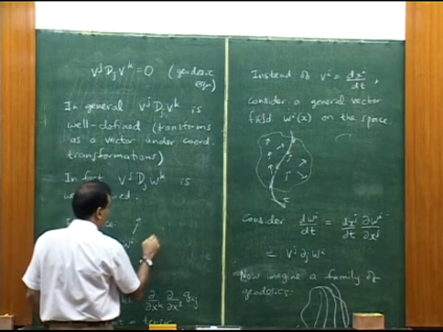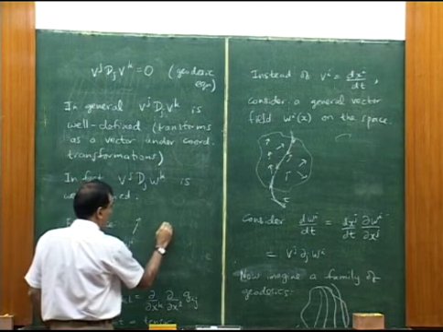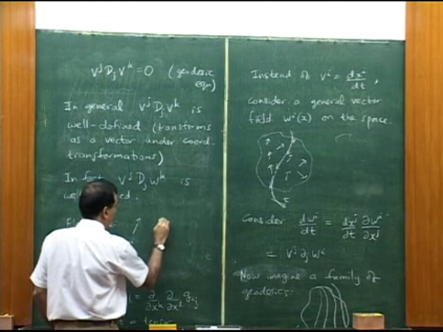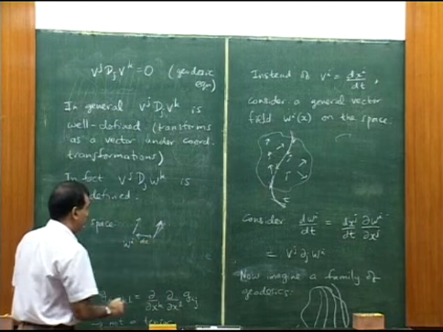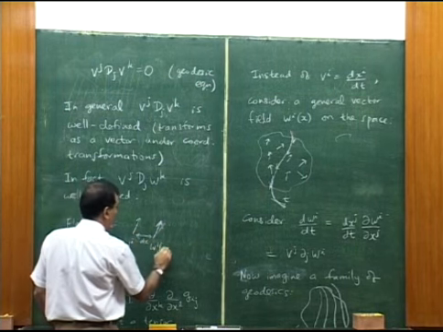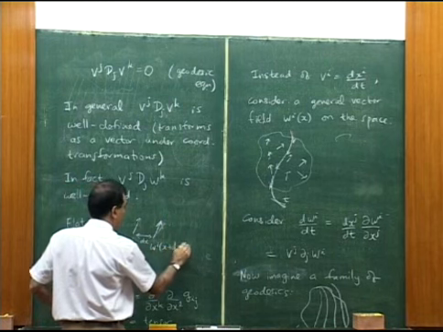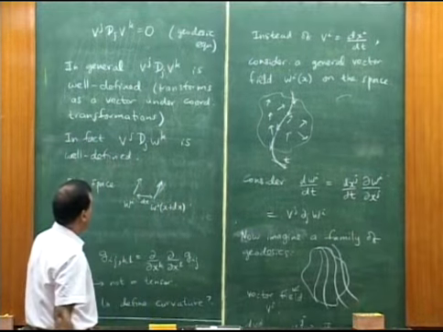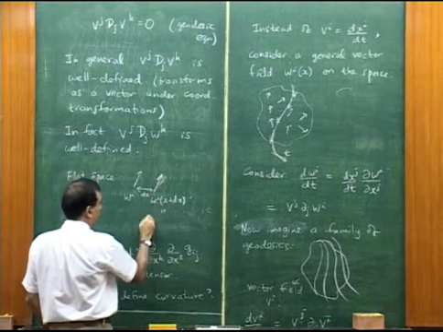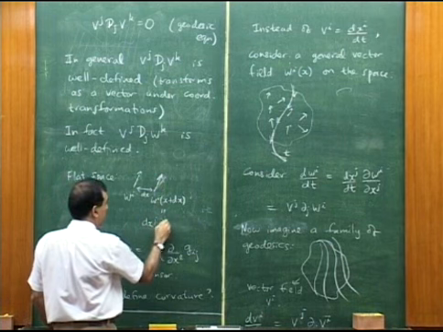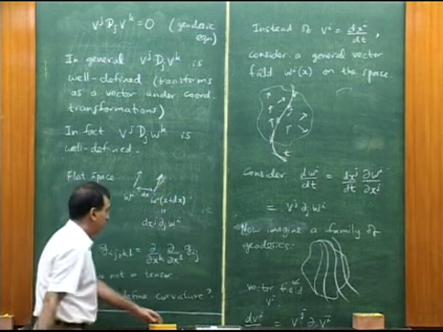Let me consider a special case where Wi is evaluated at two neighboring points separated by dx. So this is Wi of x plus dx, and if dx is small enough, it can be written as dxj del j wi,